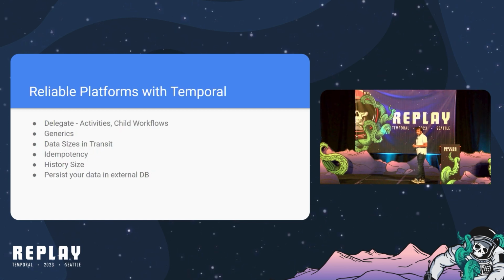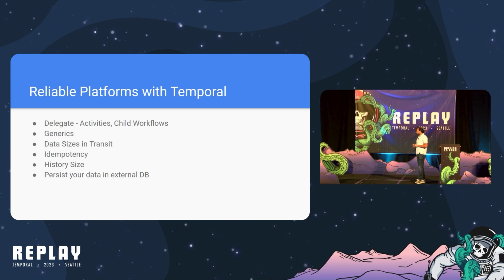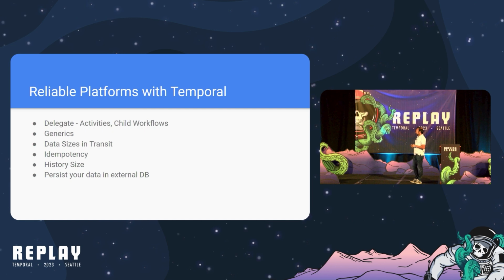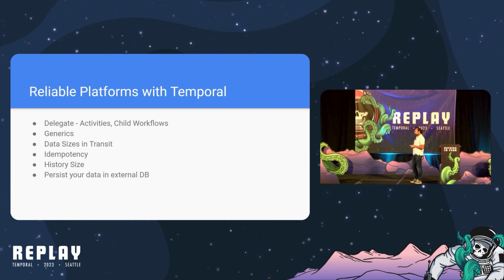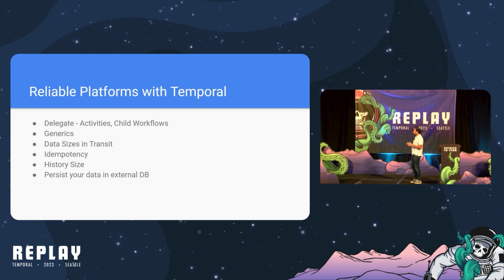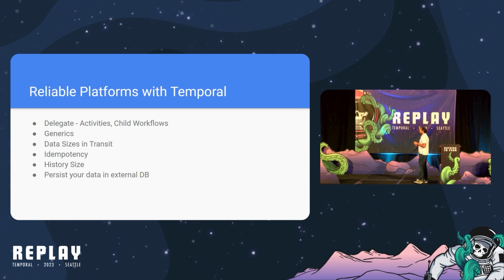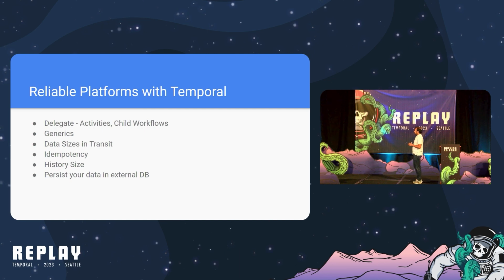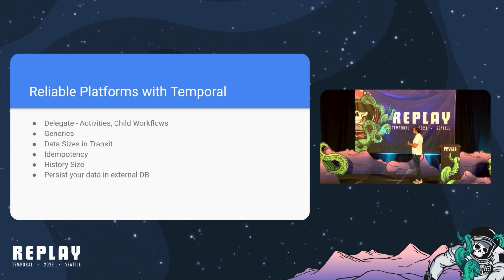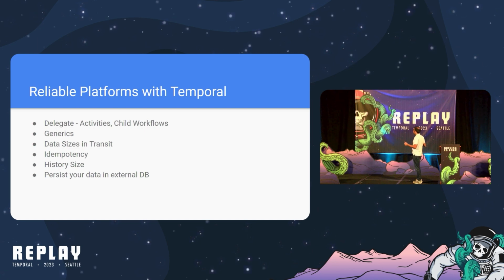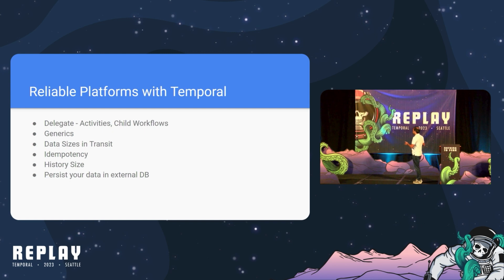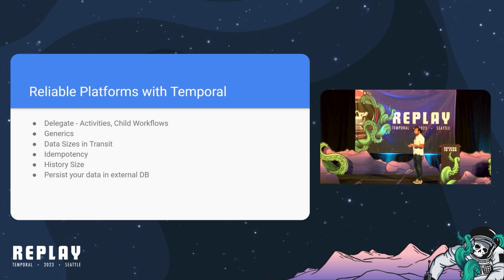Okay, now what are some of the things that you need to think about when you're building platforms with Temporal? The first one is obviously delegate. There are activities and child workflows. The same concepts apply. If you think about single responsibility principle, right? If one of the activities is talking to DynamoDB, it should only be doing that. If it's mutating DynamoDB, let it do it. Don't add more responsibility to it. So keep the same SOLID principles here as well, with activities and child workflows, delegate as much as